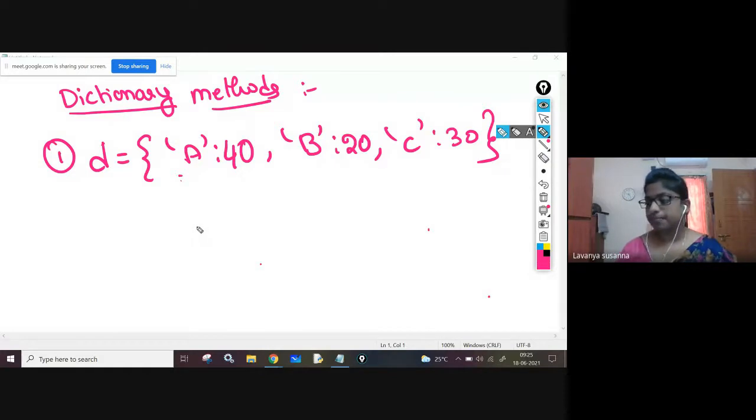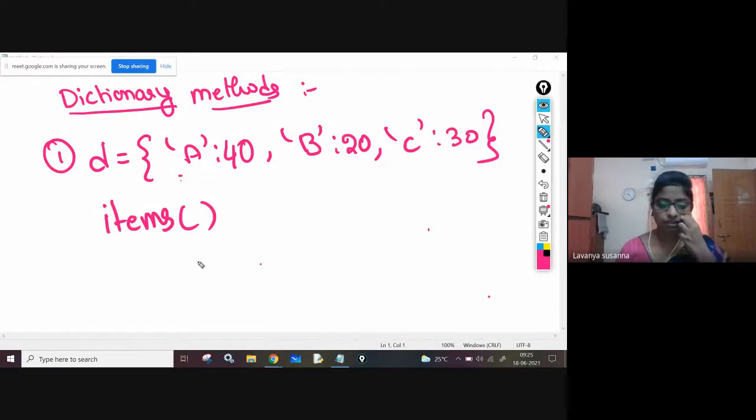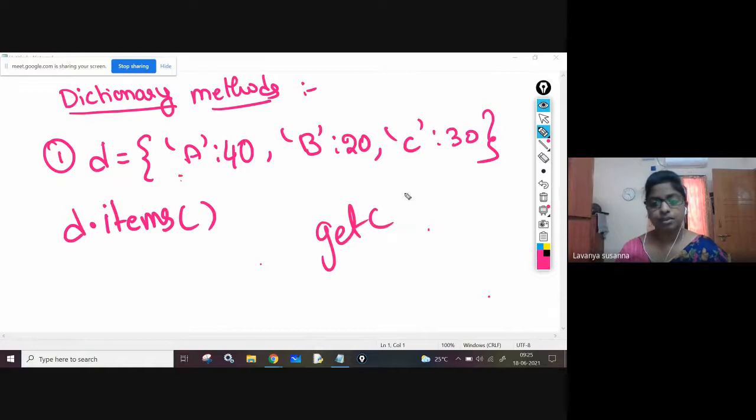Next, items. What will this items function do? Let us see. D dot items. Once again, there is no need to pass any argument. Only for the get method are you going to pass arguments. For the remaining ones, no need to pass arguments. This items function will retrieve key pair values.